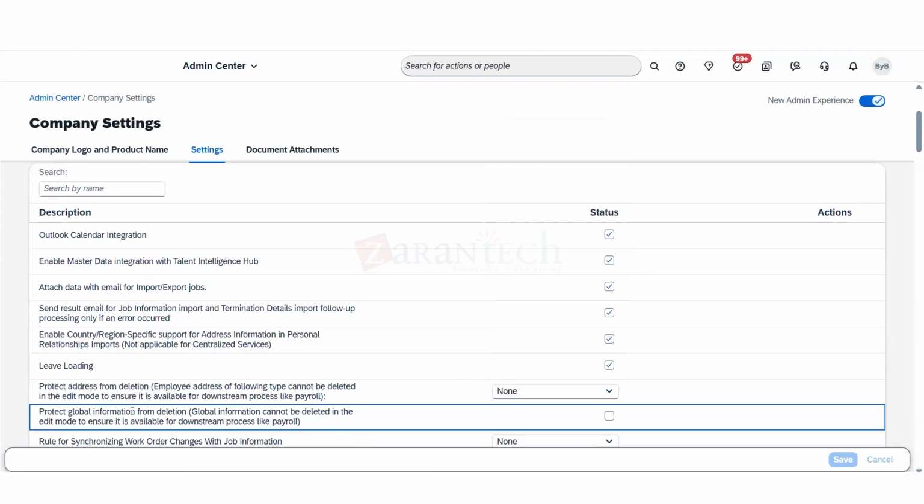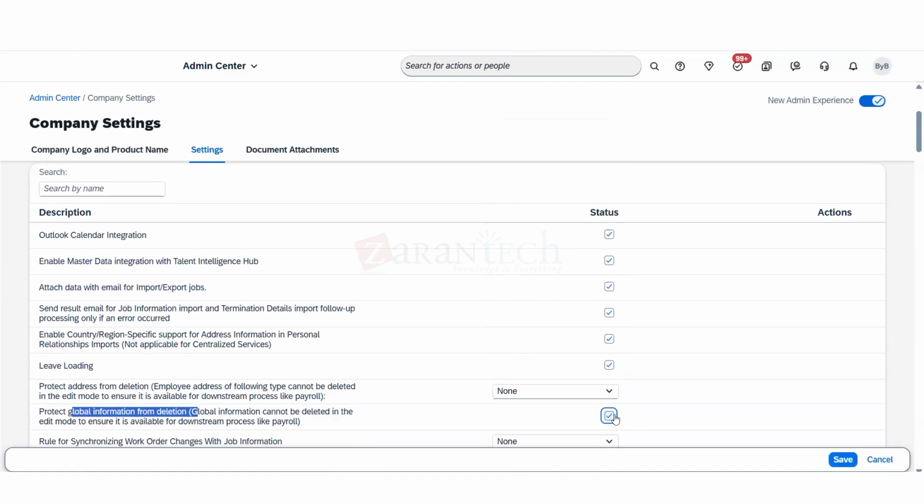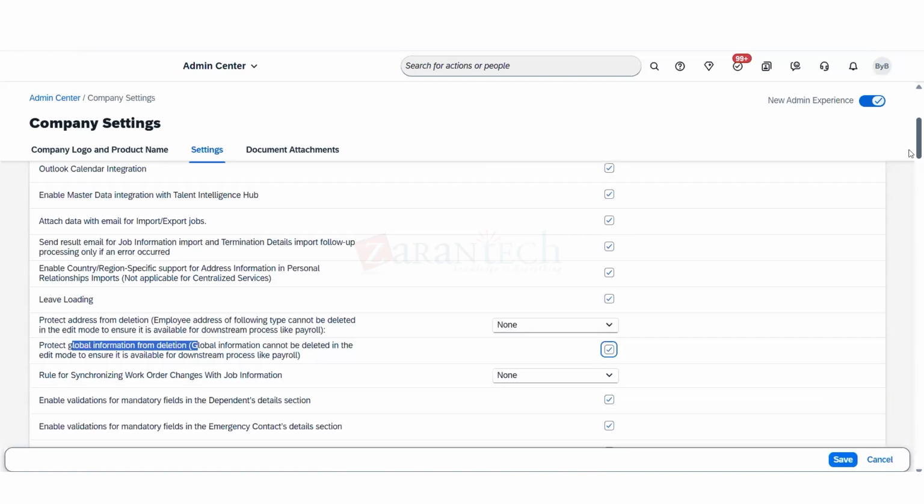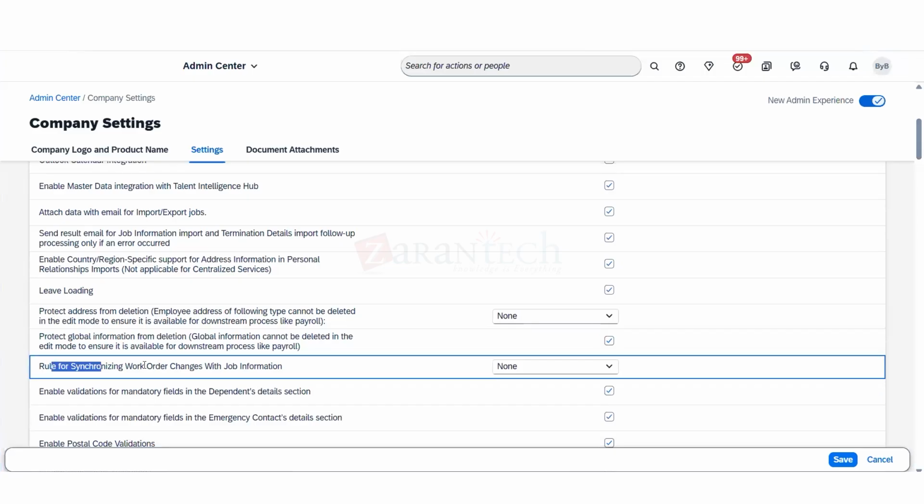The same way, which global information. Okay. So global information, anything related to the global information that you want to save. Okay. That no one can delete this information, then you can protect from here. Okay. From this. Now rule for synchronization, work order change with the job information. The work order change means where you will use this thing. You will use this work order, okay, for the contingent worker, okay. So any rule that you want to synchronize the job information work order change, you can choose from here. Right now there is